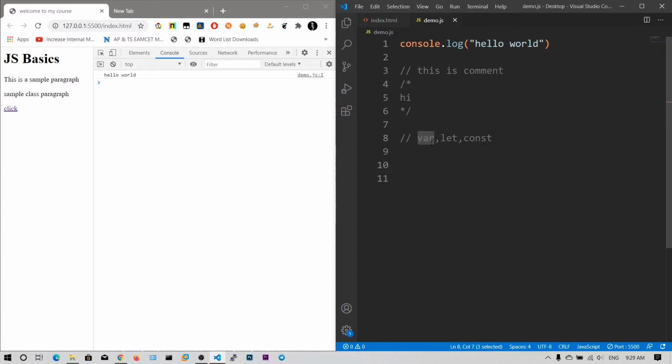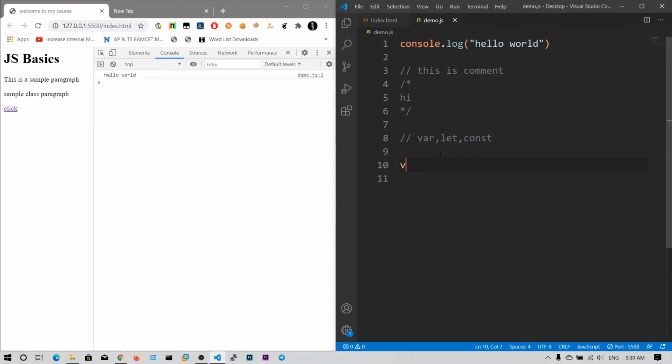First, var stands for a global variable. You can declare a variable using var, and that variable can be accessed by any function and any method. If that function changes this variable, then the value will be changed. So let is like a local variable. If you define this let in a function, then that variable cannot be accessed from outside of that function. So const is, when you declare a variable using const, then that value is fixed. We cannot reassign another value to that same variable.